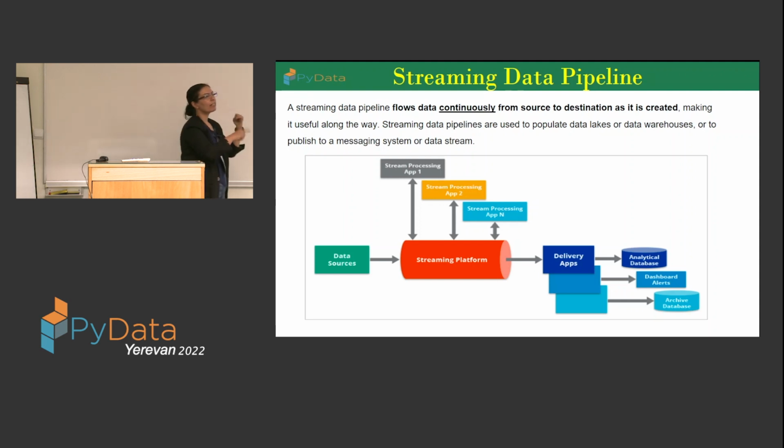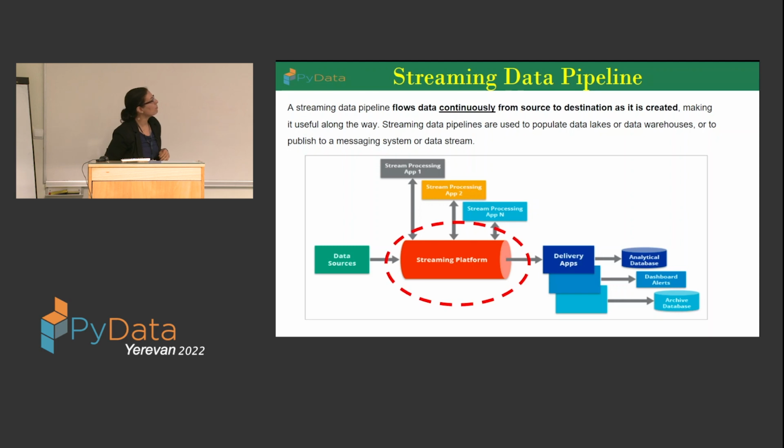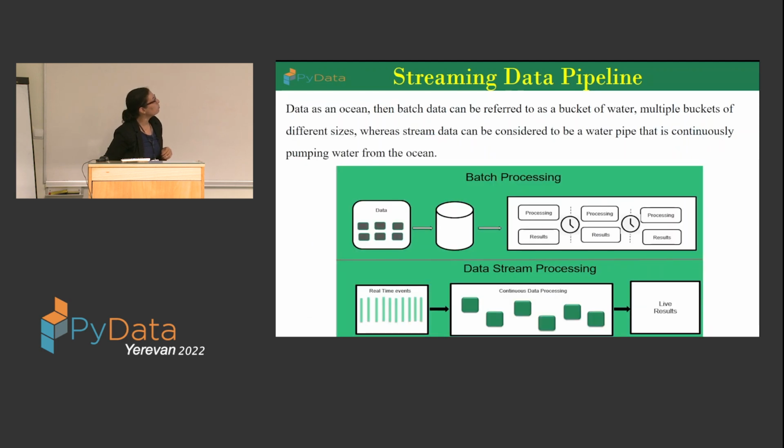Okay, so I talked about data pipeline, big data pipeline, and now streaming data pipeline. Streaming data pipeline flows data continuously from source to destination as it is created. And I think it is the main point here. And if you are not familiar